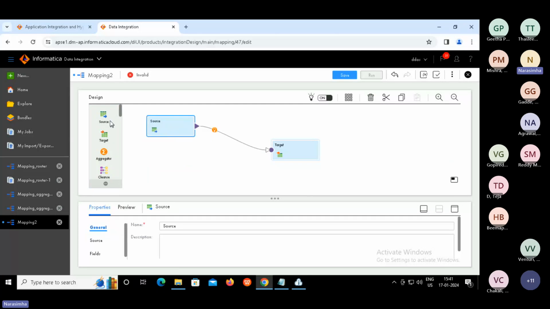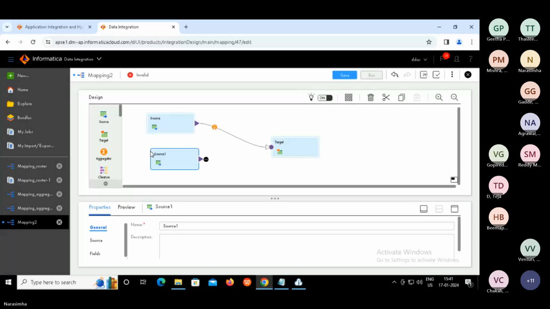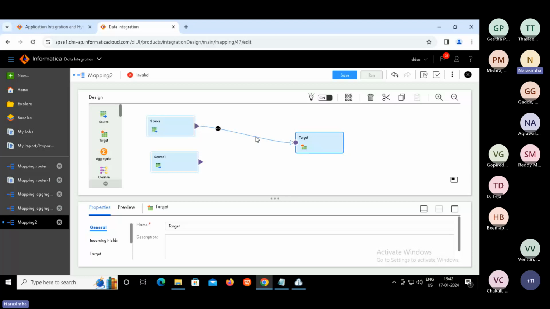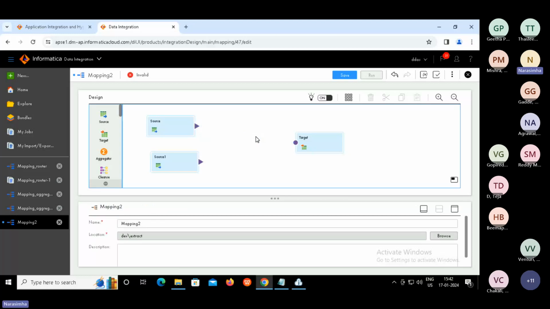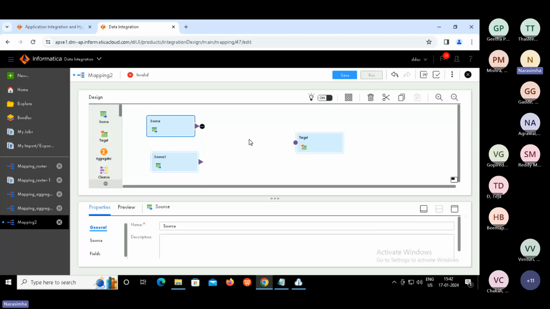Let us say we are going to combine the data from two files. So drag and drop the second source transformation here. Let me delete it. Select and press the delete button, guys. It will be deleted. And the link as well, just select that and press the delete button from the keyboard so it will be taken out.